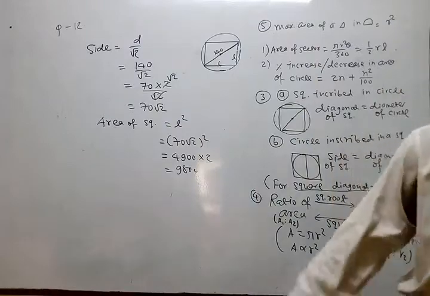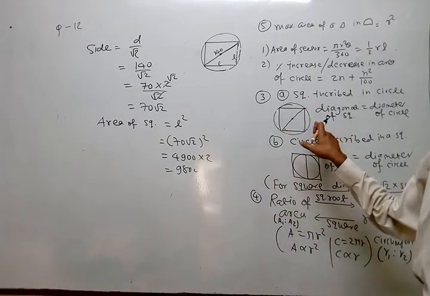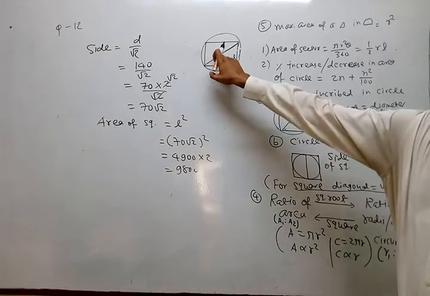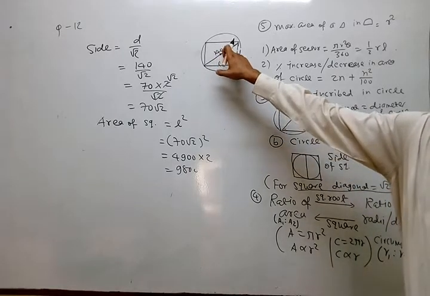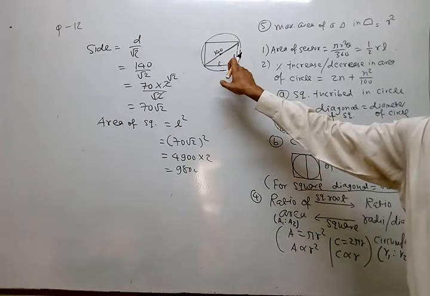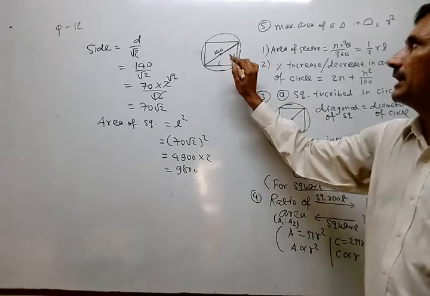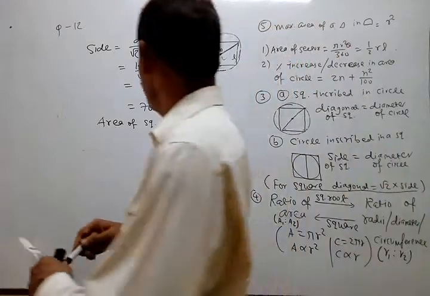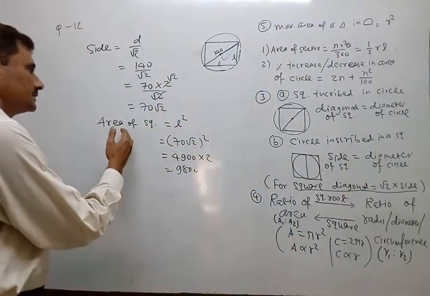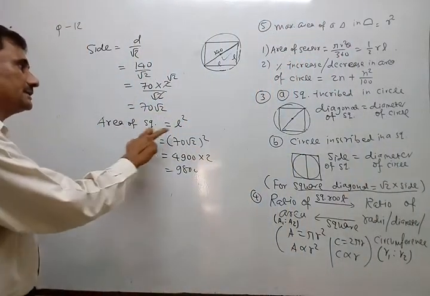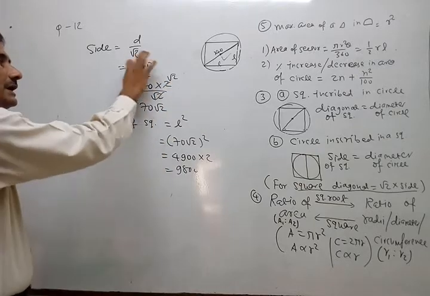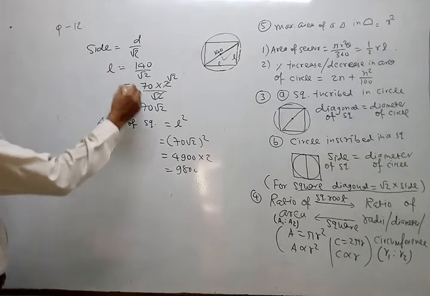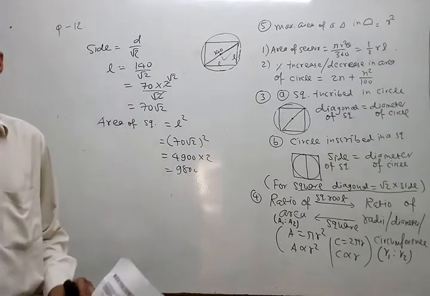Again, I explained it. Whenever there is this type of question, you should have a figure. And after drawing the figure, you write down everything, meaning whatever measurement is given and what is required. L is required. So how to find L here? By the Pythagoras theorem, otherwise by the shortcut relation. After finding L, just use the area of the square. Because L is not given, our main purpose is to find L first of all, and then the required A.